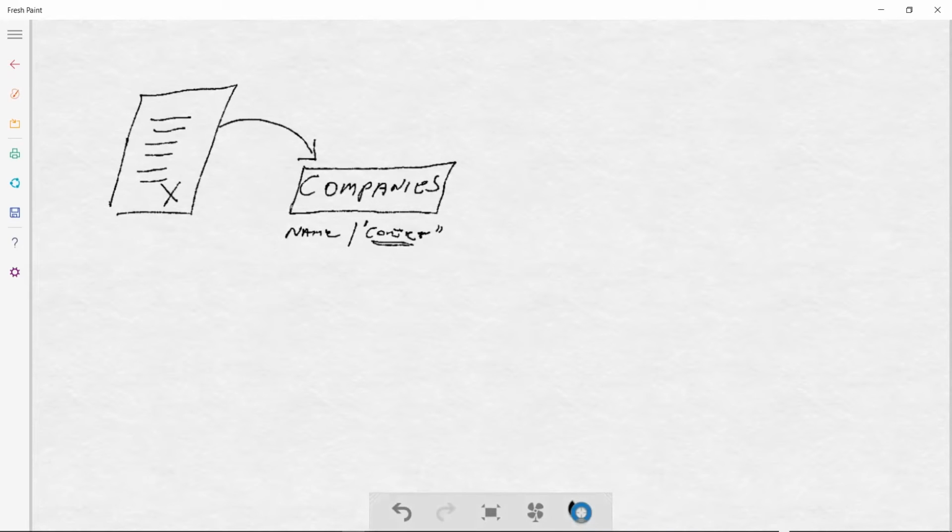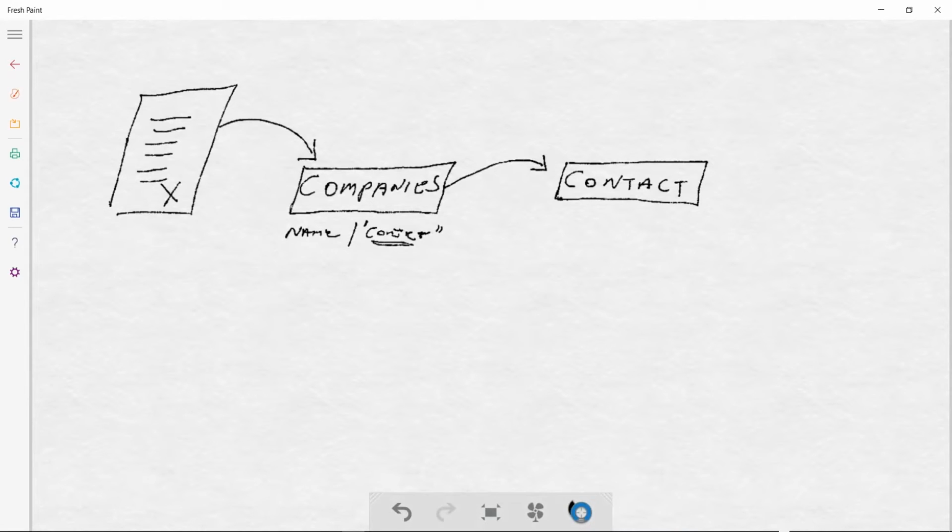So once you've viewed the company information, you have to create an actual contact, a real contact, for the purposes of making phone calls through the application itself.